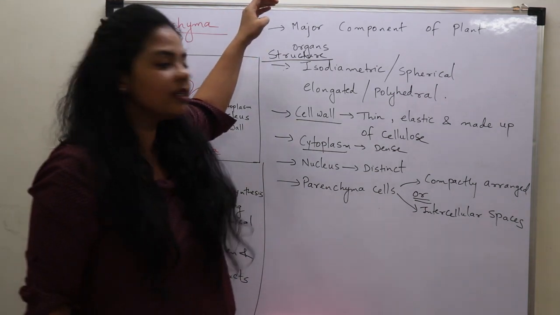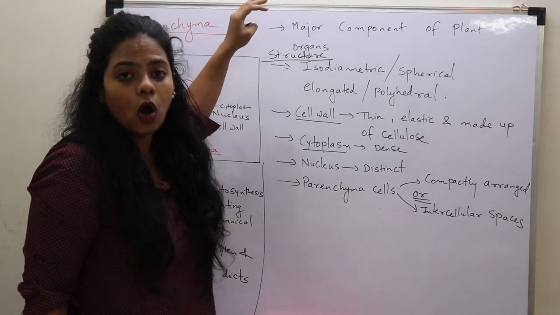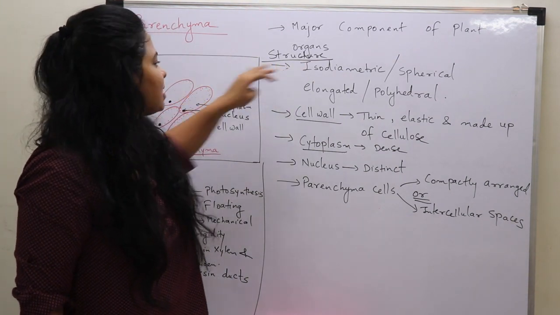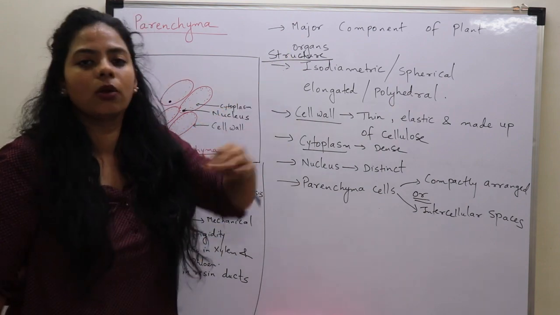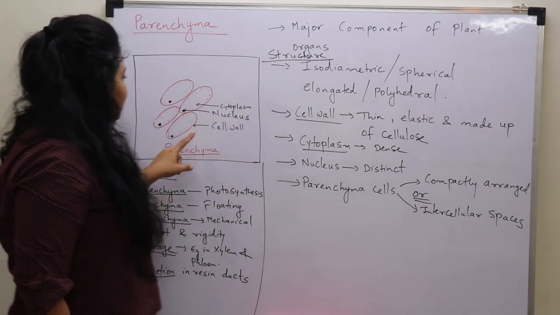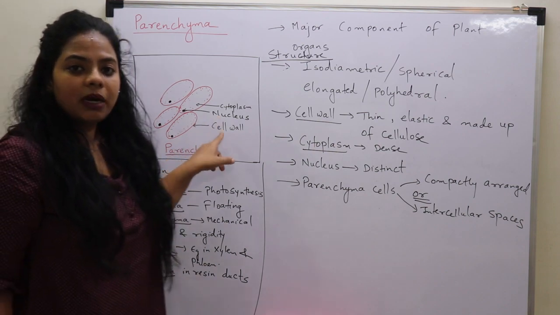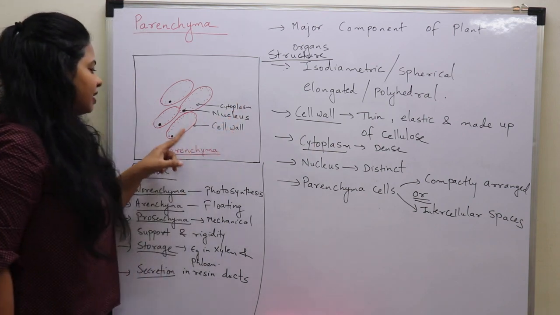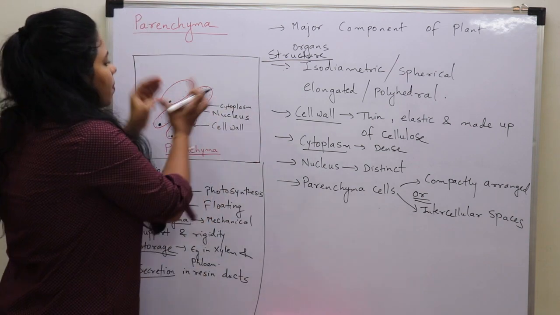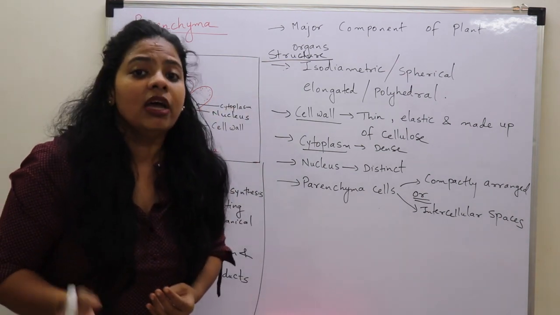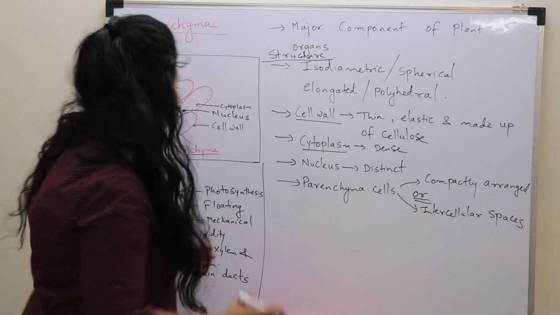So let's revise all the points. The first point here is it is a major component of plant organs. Second, the cells are isodiametric. They can be spherical, they can be elongated, they can be polyhedral. The cell wall is thin, elastic and made up of cellulose. The cytoplasm is dense, then there is a distinct nucleus, and these cells might be compactly arranged or they might have intercellular spaces. The functions here are